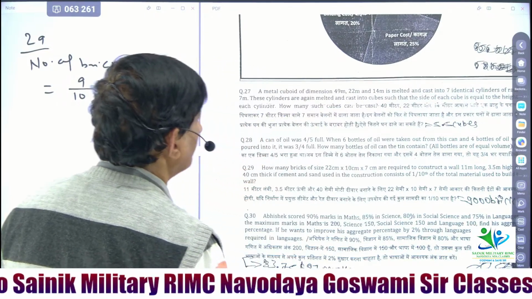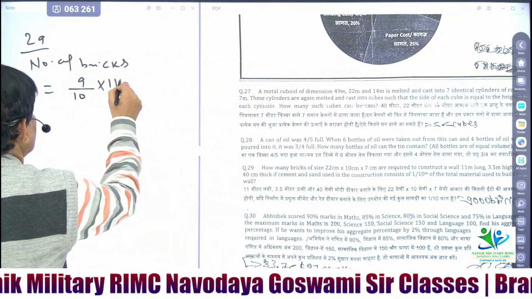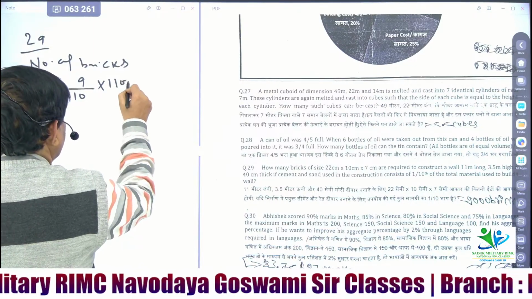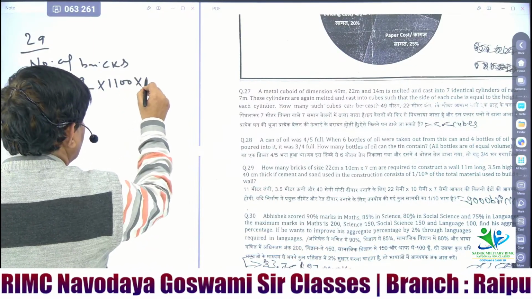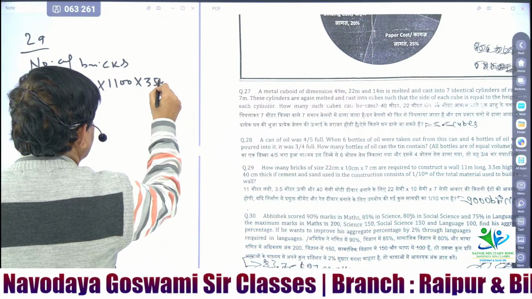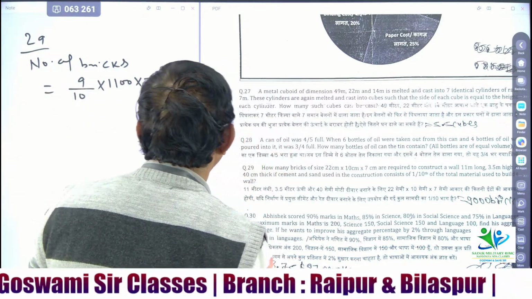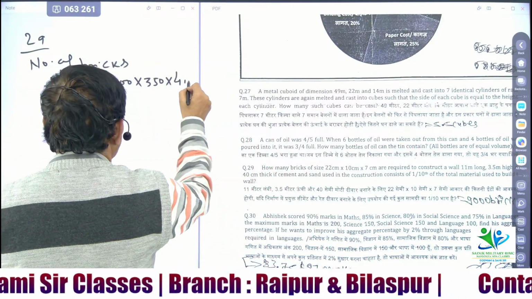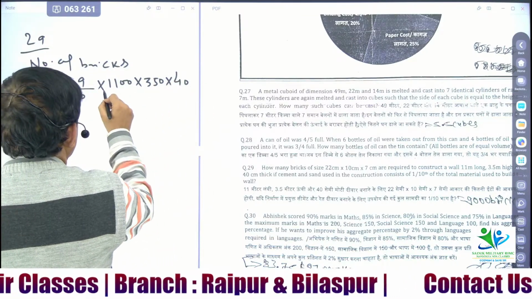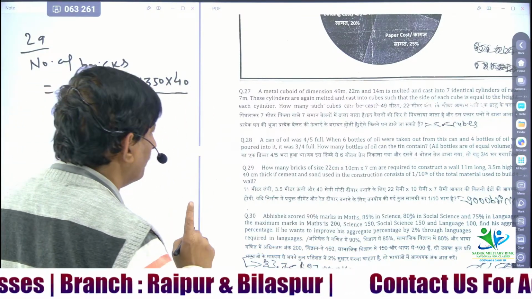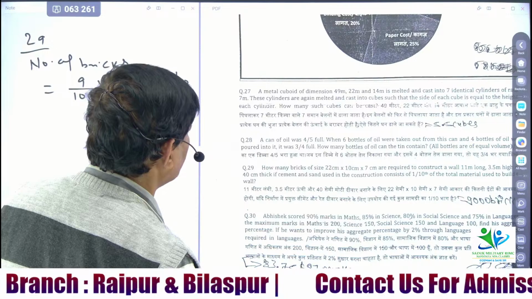that is 11 meter, that is 1100 centimeter, 3.5 meter, that is 350 centimeter, into 40 सेंटीमीटर। अब सारे को हमने सेंटीमीटर में कन्वर्ट कर लिया, डिवाइडेड बाय वॉल्यूम ऑफ वन ब्रिक। वॉल्यूम ऑफ वन ब्रिक इज गिवन